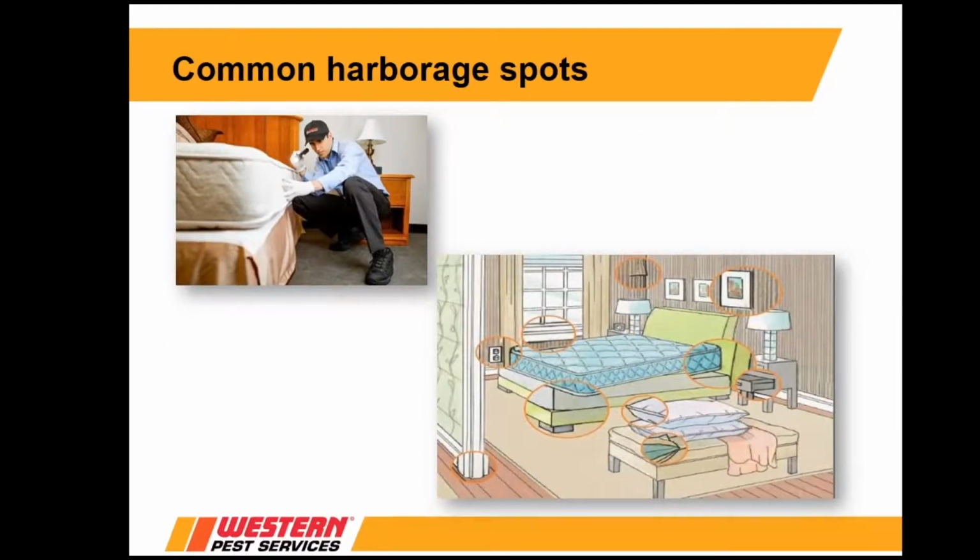So here are some places where bed bugs like to hide. They like to hide in cracks and crevices, so any place that is tight, where as many parts of their body can be touching a surface as possible, that's where they're going to like to hide. So in the mattress, the box spring, the bed frame, if there's a platform bed, there's so many places they